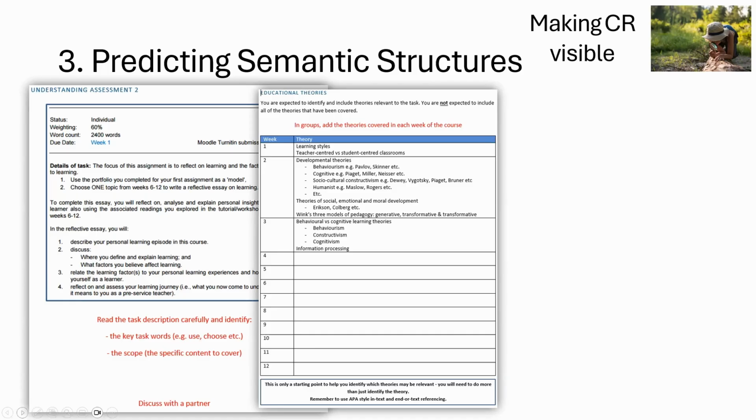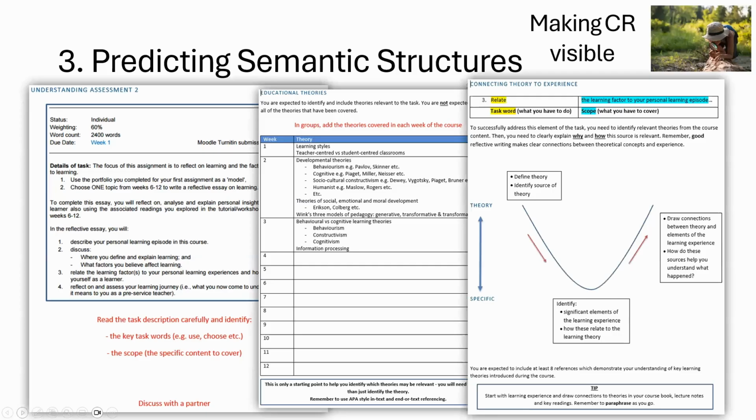This is only a starting point to help you identify which theories may be relevant. You will need to do more than just identify the theory. So I was trying to be explicit about what was expected of them. And then I went through each of them